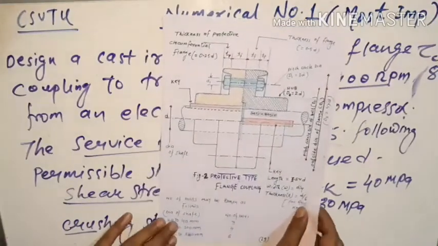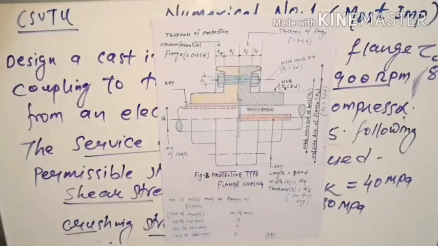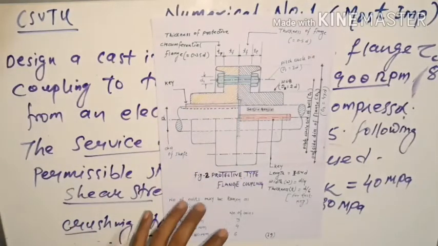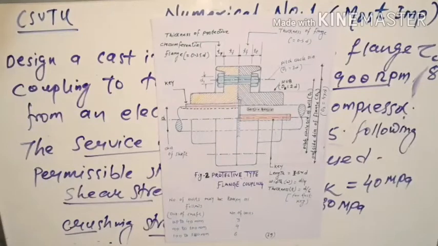From this diagram, after the calculation you need to draw a sketch like this one. This is very important, because in the last section of the question we have the requirement to draw a neat sketch of the coupling. Design is one matter, where we calculate and find all the necessary dimensions or check the condition of failure. Then at last, after successfully completing the failure checks, we need to draw a neat sketch.